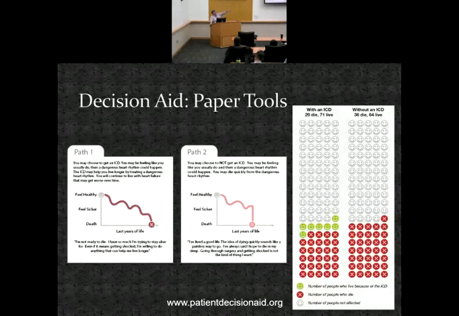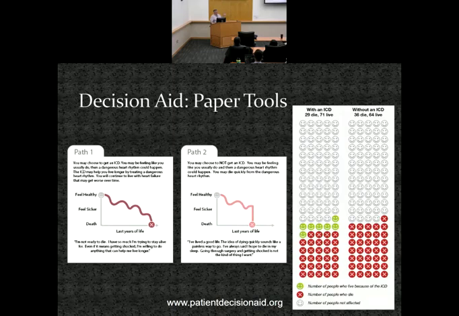And then the data on the right is that same data I showed you in the slide previously, except it's presented as an icon array or a pictograph. And this gets to your question back there. The University of Michigan has a website called iconarray.org or .com where you can go and make your own icon arrays. But there's data that when you show people statistics this way, they're much more likely to answer a knowledge question correctly in the weeks to months following, because it's very easy to see what the benefit of that trial was, rather than saying 7%.